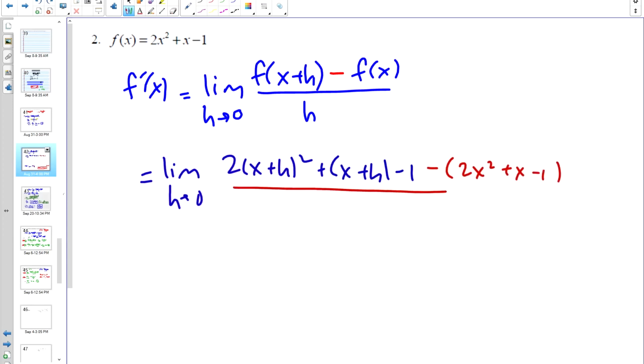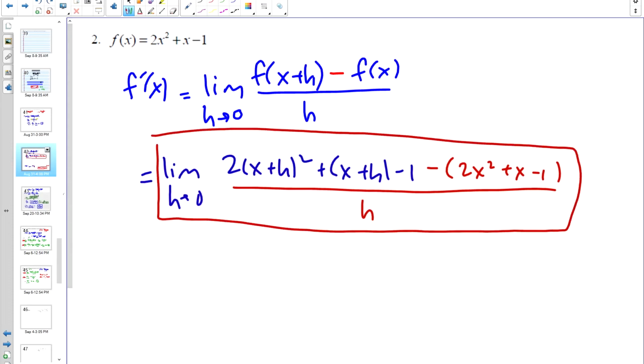Distribute and simplify and figure out what this answer is. Okay? But once you figure out the answer, if you were given this and not this, could you figure out what the derivative is? Okay? So number 1 and 2, you would distribute and simplify and try to get the answer like we did